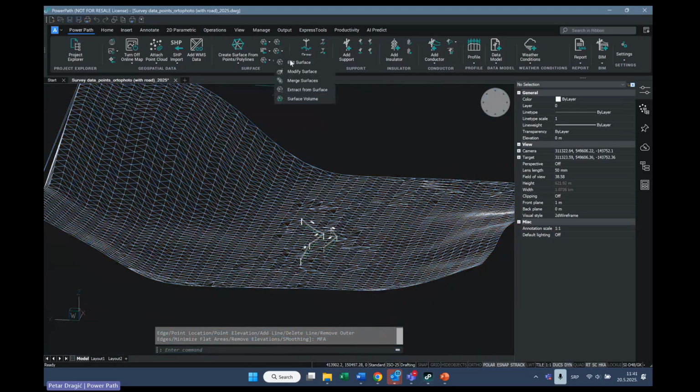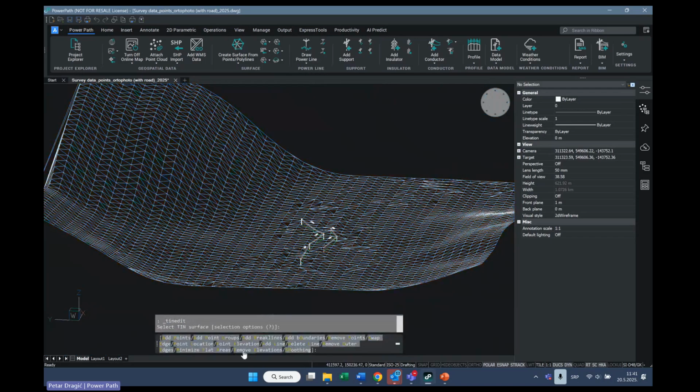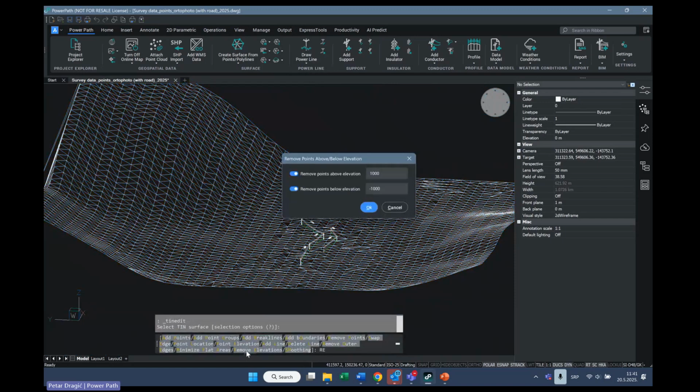Another command which we think is also really useful is to remove elevations. For example, if you have an already defined surface and you want to remove some elevation based on the elevation of the points, we can do it from this command.